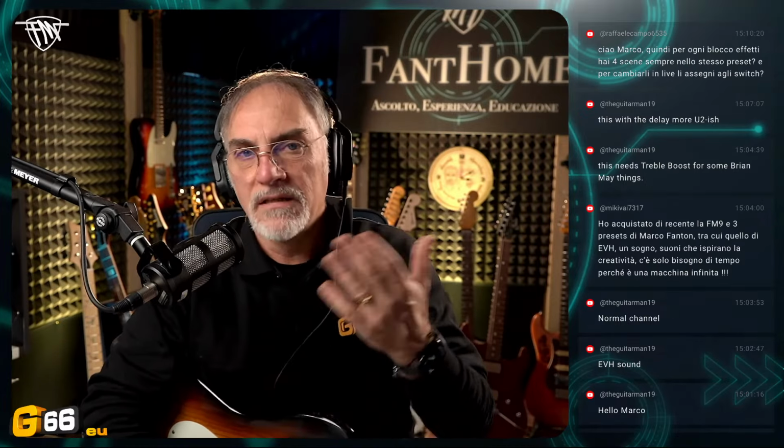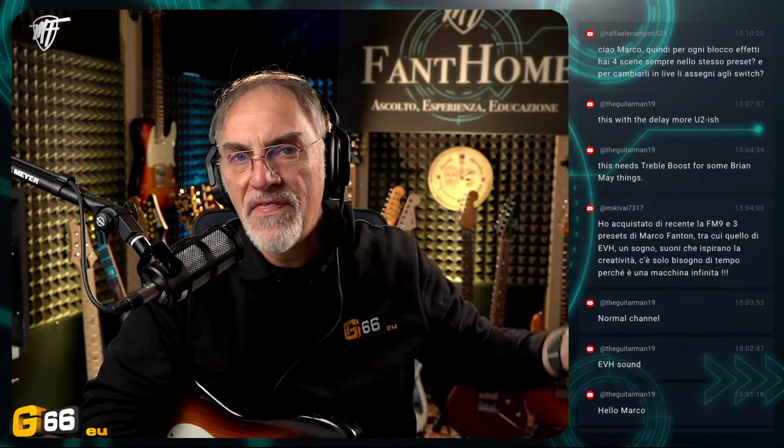Okay, I'm not an expert on Brian May, of course, but I give you the base for the AC30, and it's up to you. It is a template that you can modify, you can work with. You can also give me some feedback or share your preset, whatever you want. I created this preset for you just to work with, just to have a template.